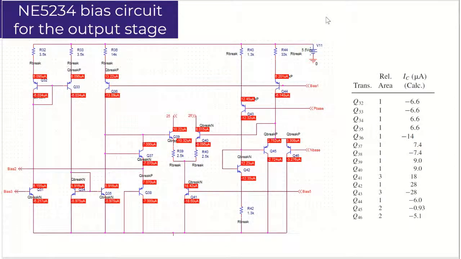This is the PSpice simulation of the bias circuit for the output stage. The currents between the calculations and simulations are similar. In theory, the transistor can never be turned off. However, due to the voltage drop in the base and emitter resistance,